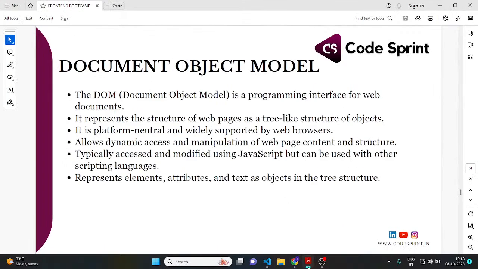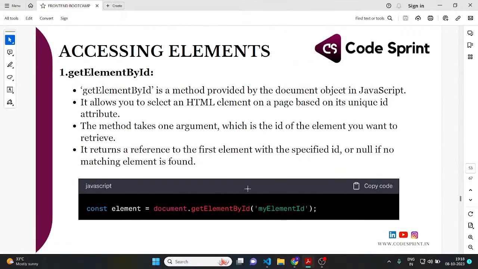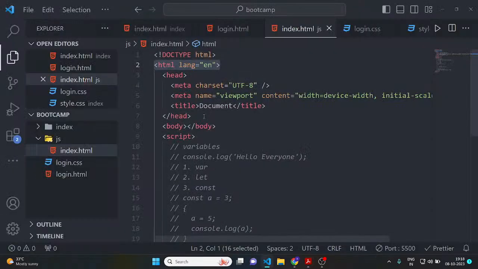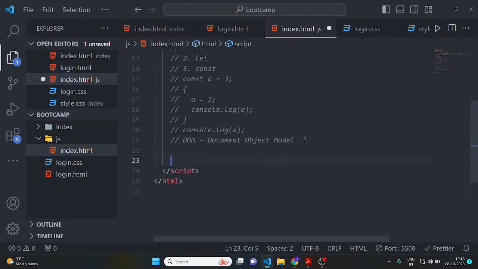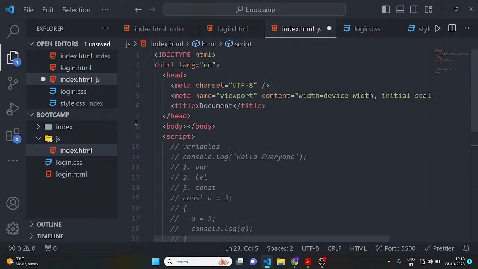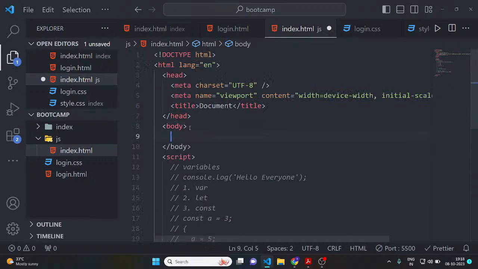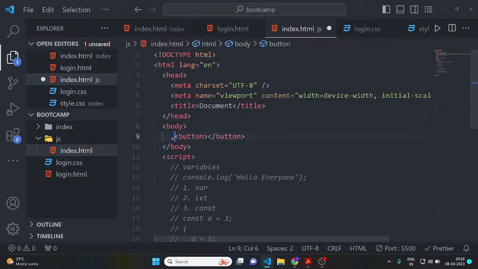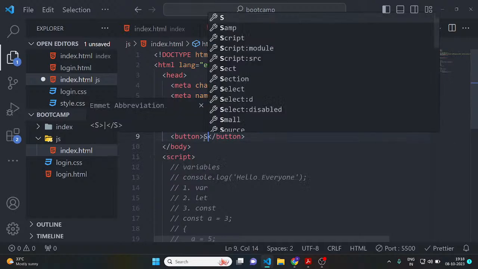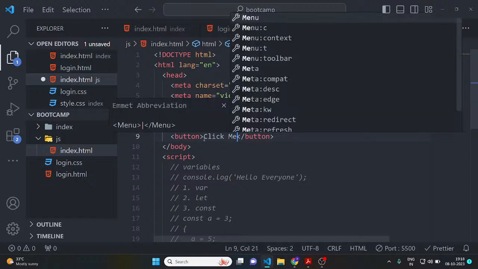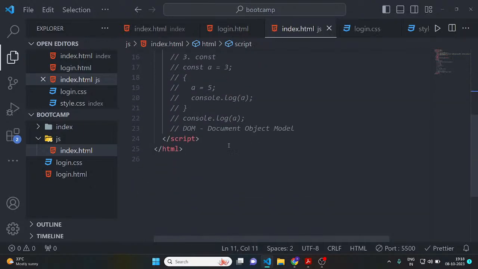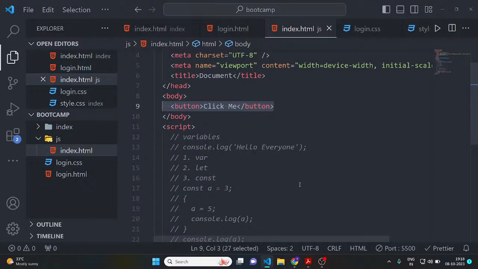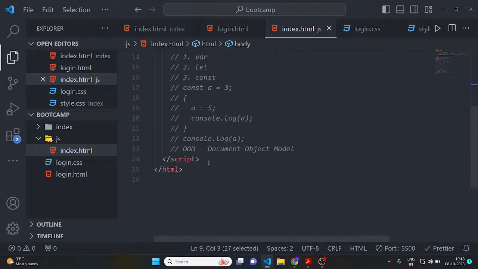Okay, in the DOM, how do we access elements? Suppose you want to access an element. I'll just create a button in the body, and in it I'll add the text "Click me". If I want to select this element using JavaScript, how can I do that? First of all, we have to